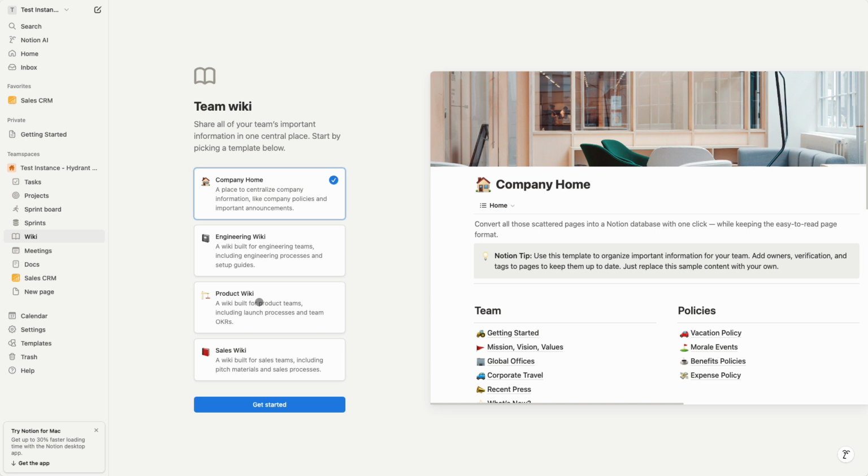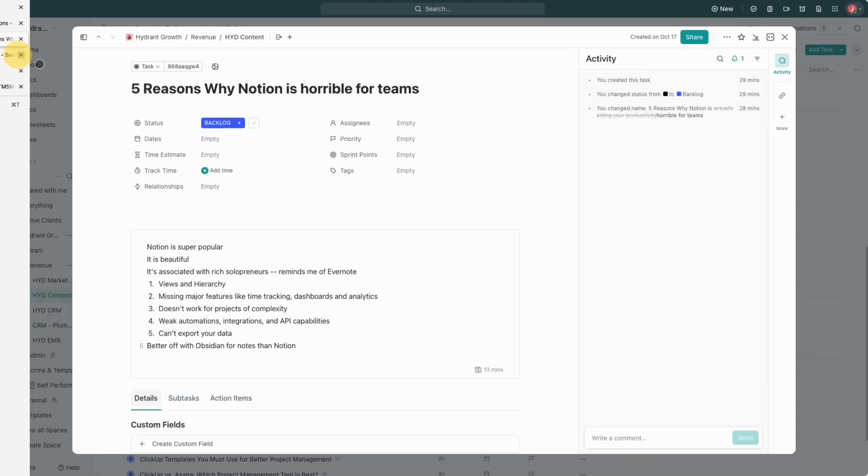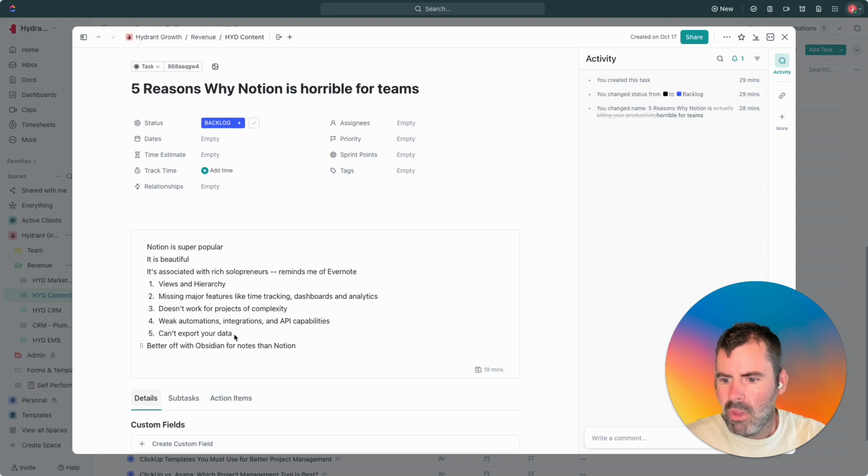It's great for solopreneurs. It's great if you have tons of ideas and you want to spend your time just jotting down ideas, which is awesome. That has a lot of value. I'm not trying to belittle that, but it doesn't work as well for teams who are trying to organize around workflows. So again, exporting your data, if you want to move to another system, if you want to save it,